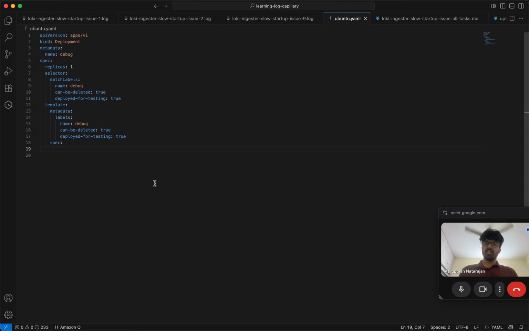In metadata I can have annotations, but I don't want to have any annotations. So I'm fine. Usually annotations are used if it's random data. Let me try to use some other labels. Name: debug is enough, I think, for now. Maybe I'll just say OS: ubuntu, purpose: debugging. Yeah. So spec,